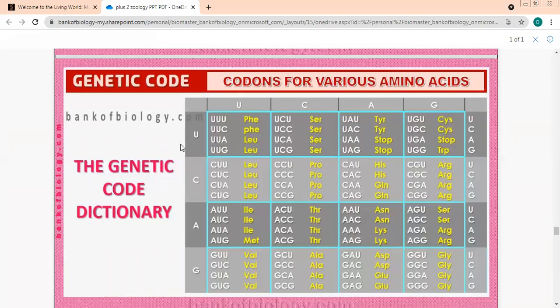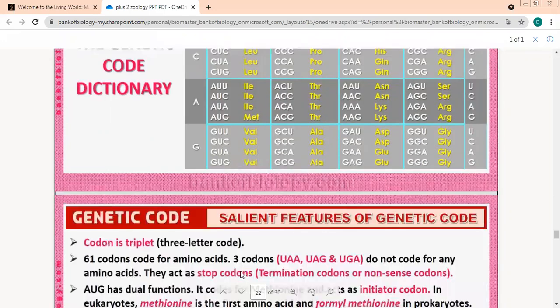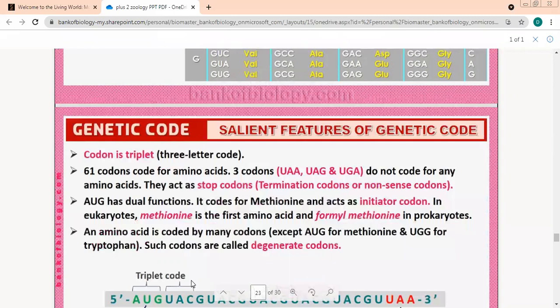On the top, on the left side, on the right side, everywhere it is UCAG. So here we'll have all U's. The top one is U and then UCAG. PHE twice followed by this. Here we have all the same: isoleucines, methionine. And the last one, all code for what? Valine.